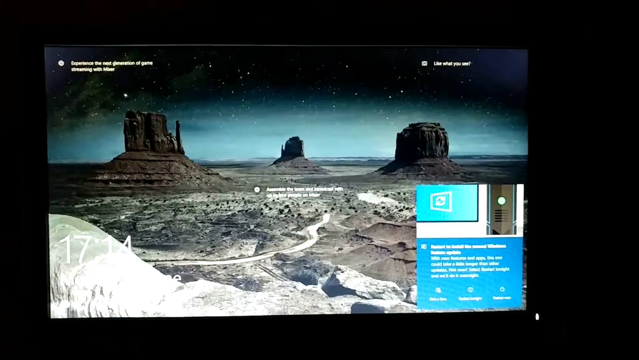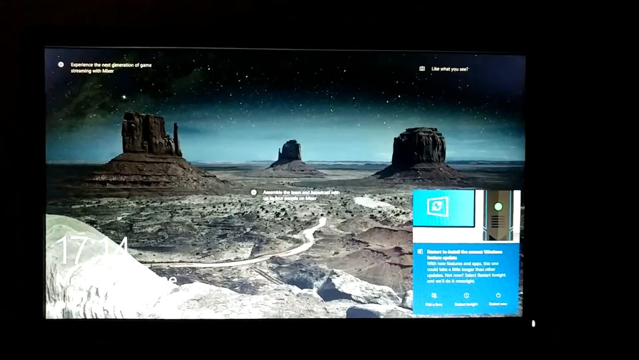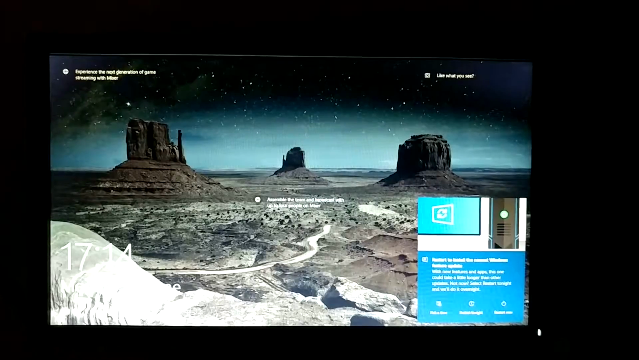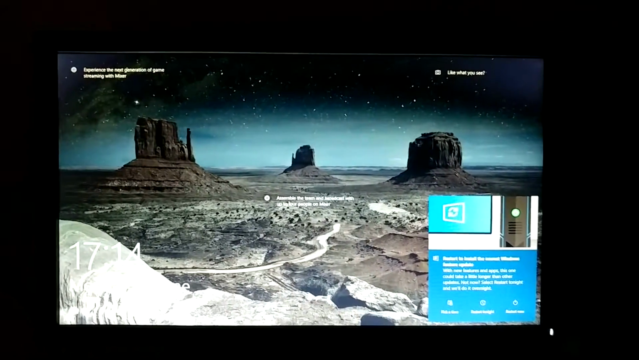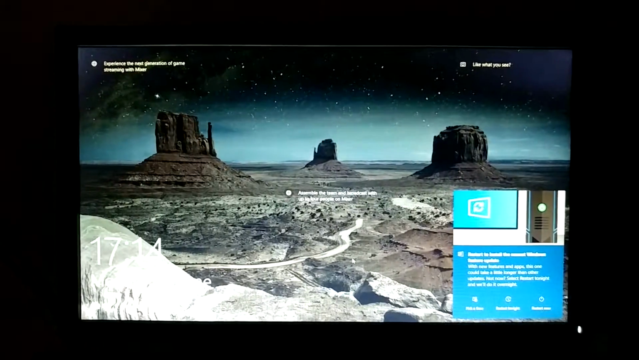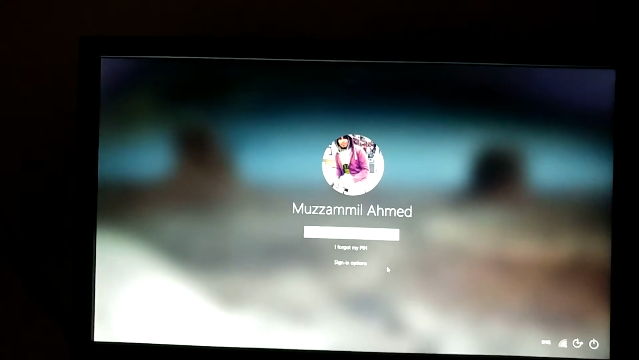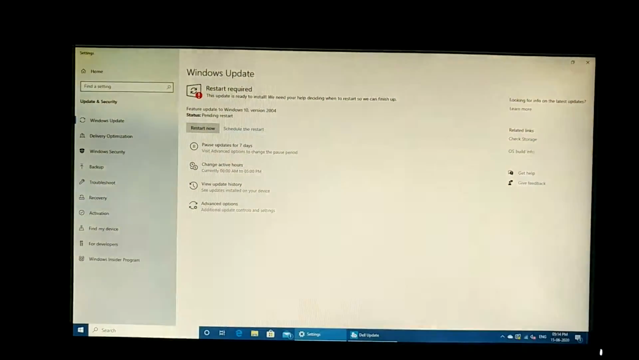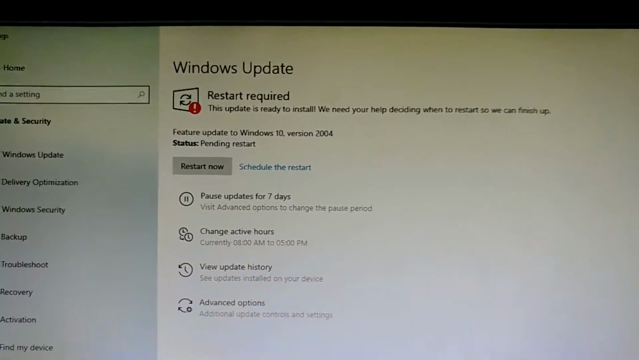So today I'll be showing you the Windows update which I have recently got for Windows 10. The version is 2004. I have already downloaded the update. I just need to update it, like restart it. So as you can see here,